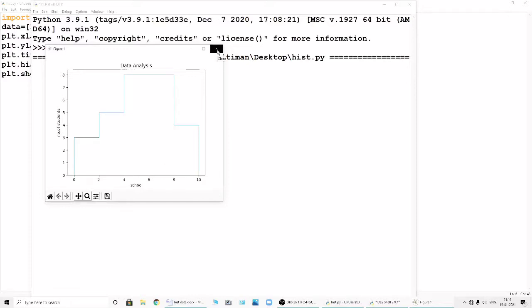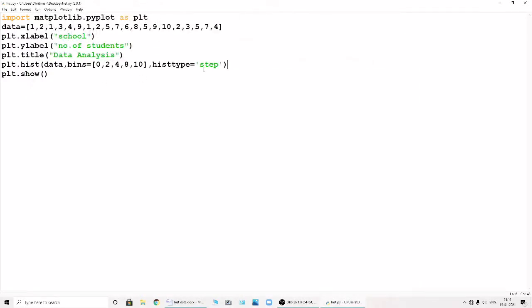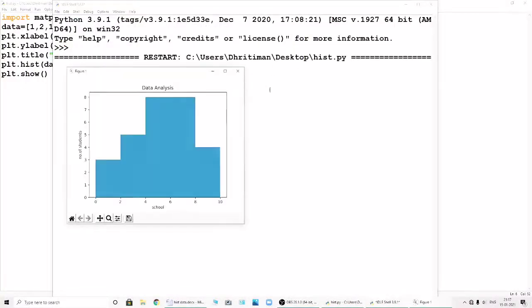So what we understand is that by this histtype we get the types of the bars, or you can say bins. Like if I give barstacked, which is also a histtype, and if I run it, see how it appears.